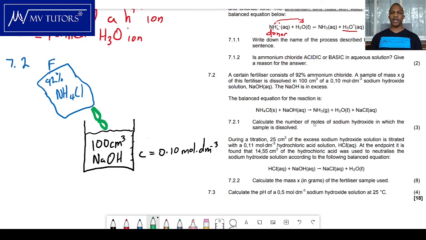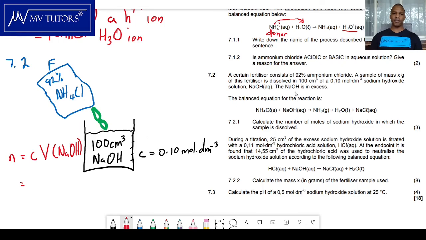Now they say calculate the number of moles of sodium hydroxide in which the sample is dissolved. Okay, so what do we know about number of moles? We know that the number of moles is equal to the concentration times the volume. Okay, so what is the concentration? We are talking about sodium hydroxide here, right? What's the concentration of